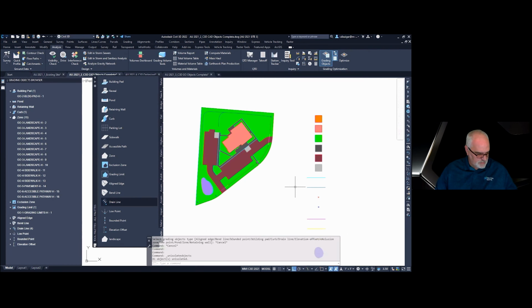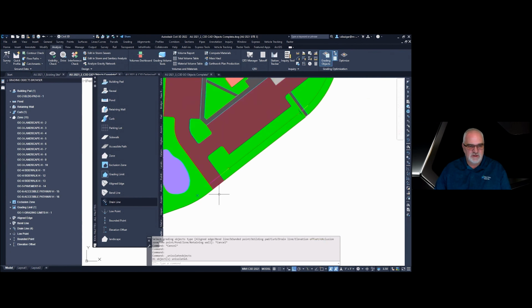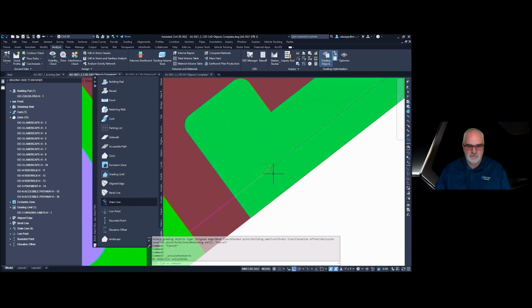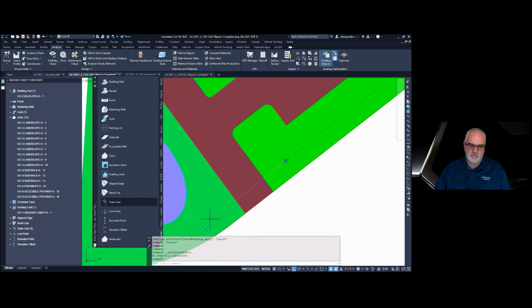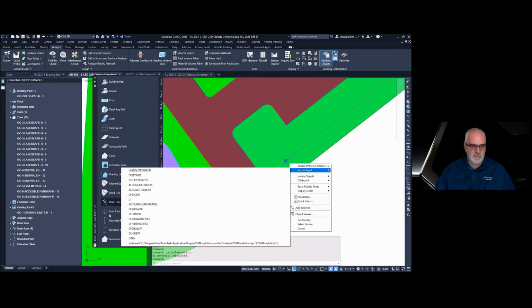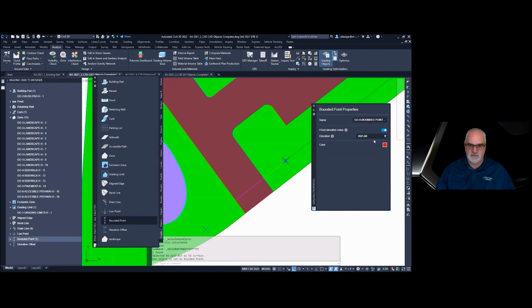Okay. A bounded point is something that you give an elevation to. So we have one right here. And what that is, we have an existing storm drain inlet right here that has a pipe that comes out and daylights here into the ditch. So we don't want to have to raise that pipe. So we want to make sure and set the actual elevation on that by giving it a bounded point.